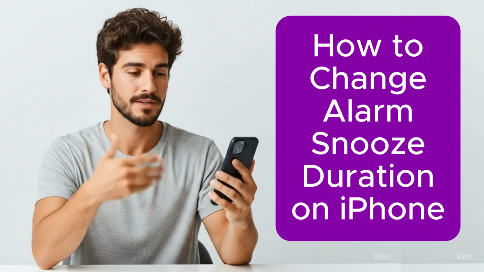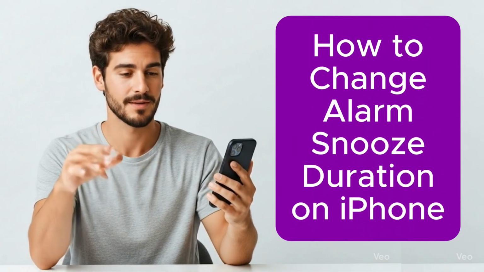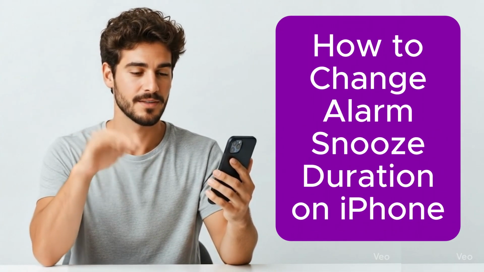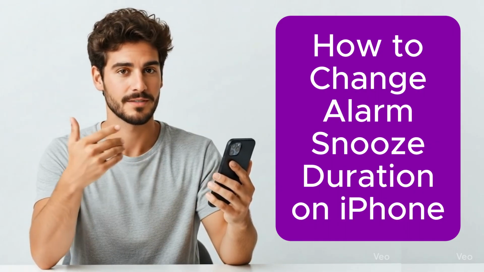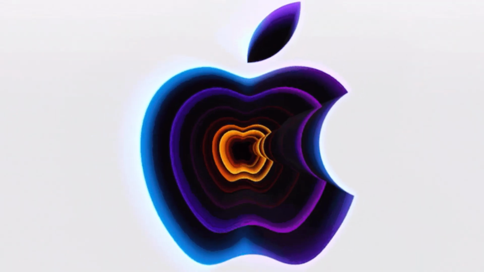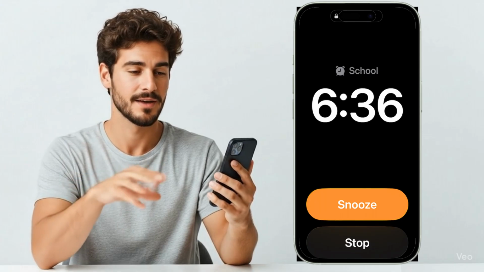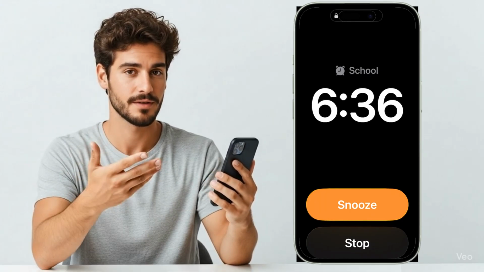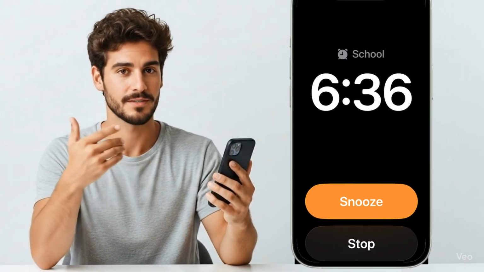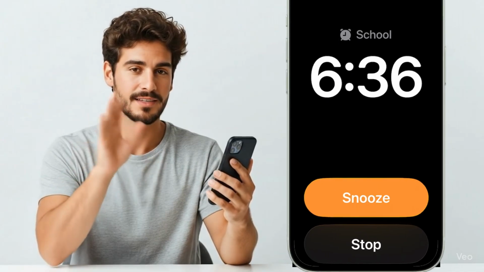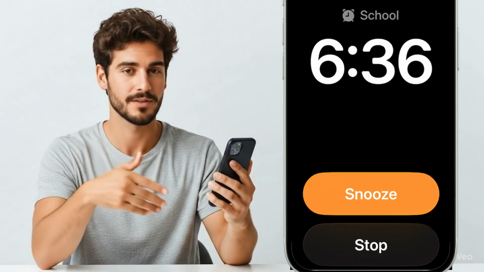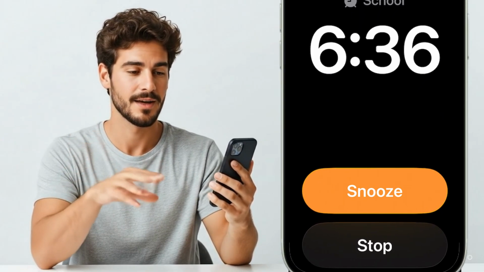I'll guide you through how to change the alarm snooze duration on iPhone, a long overdue feature that gives you more control over your morning routine. If you're looking to stop hitting the snooze button every 9 minutes, or you want to set different snooze times for your weekday and weekend alarms, then this tutorial will walk you through the complete steps to customize your iPhone